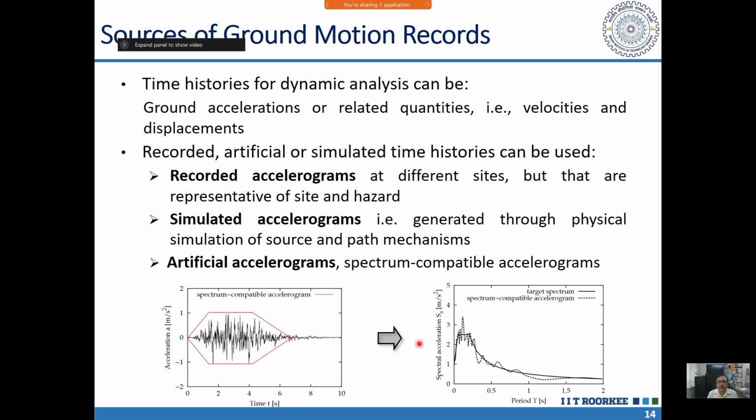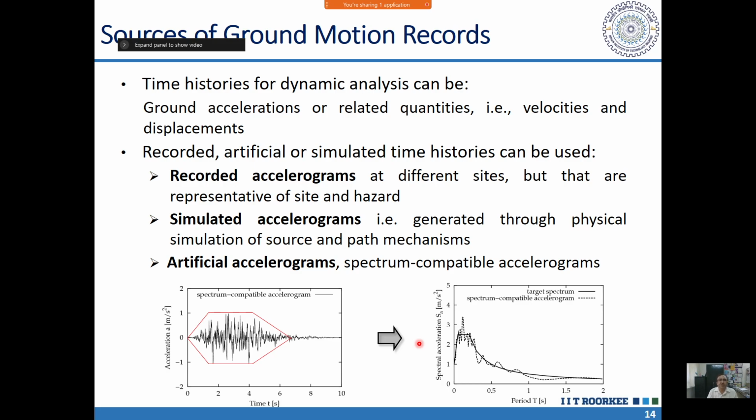So it is desirable that we perform analysis for 11 time histories, and if we don't want to do for 11 time histories, minimum 3 time histories should be used. If I am using 3 time histories, then the response will be considered as the envelope of those 3 time histories. If I am considering 11 time histories, then I can consider the response as the mean of those time histories.